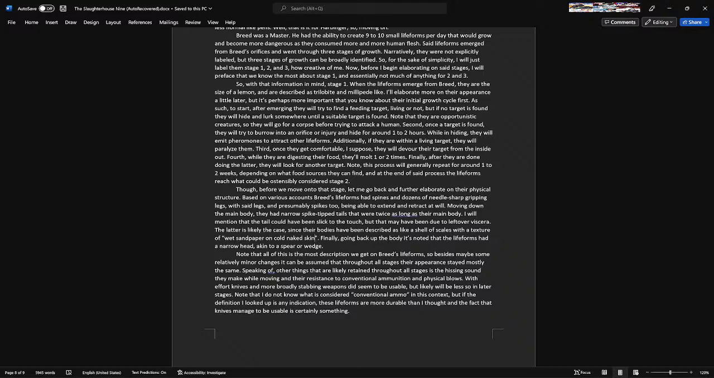Moving down the main body, they had narrow spike-tipped tails that were twice as long as their main body. I will mention that the tail could have been slick to the touch, but that may have been due to leftover viscera. The latter is likely the case, since their bodies have been described as